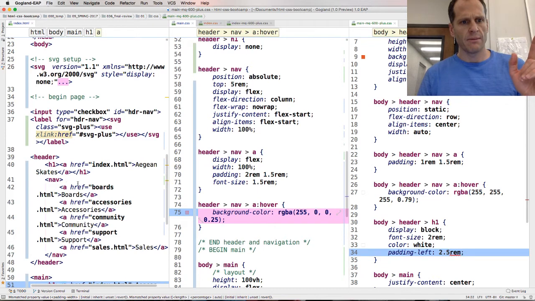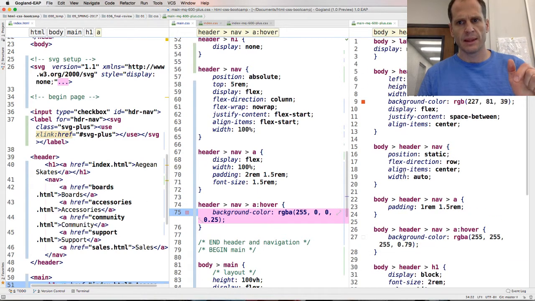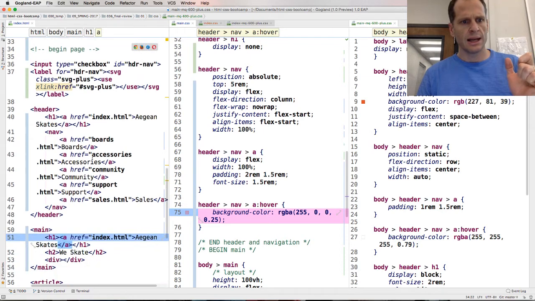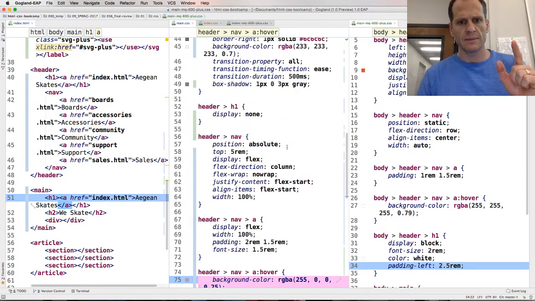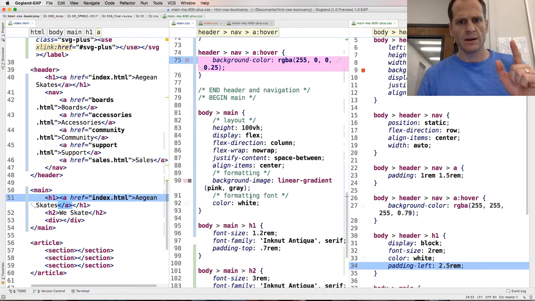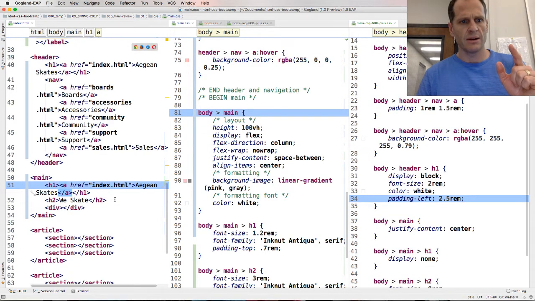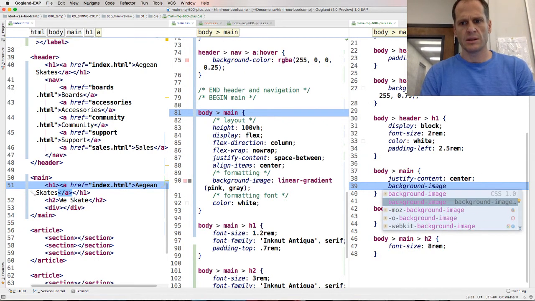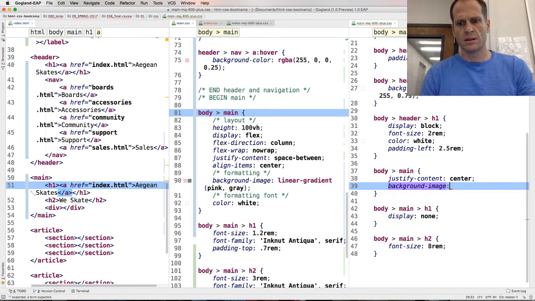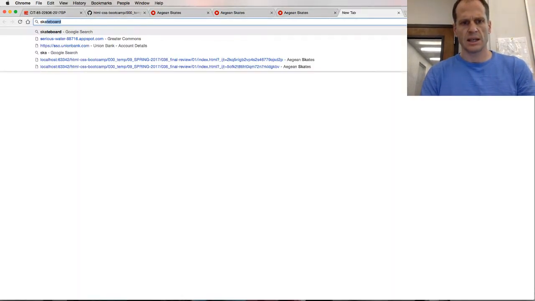And then for that background image on the body, it's on main actually. That's my above the fold. My main is right here, height 100 VH, so body main. I've done the header, so I got all that done. Here's my body main, background image, URL. It's going to be in image/skate something.png. And so let's go find a skateboard,